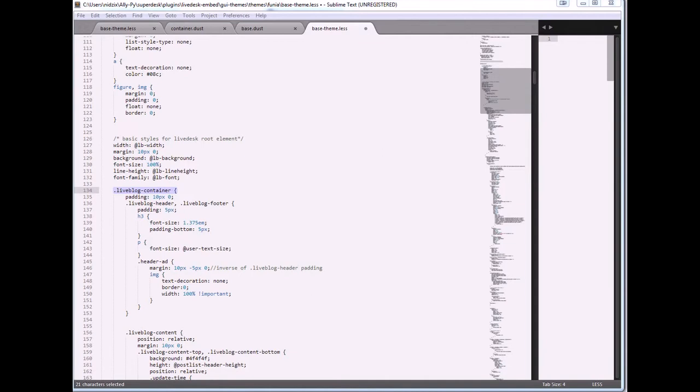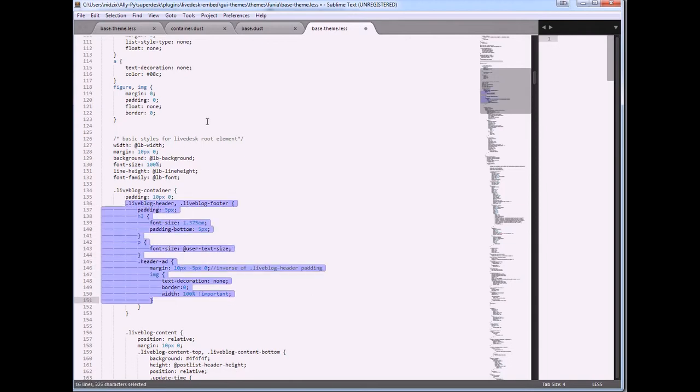So when you have nesting, styles and templates are tightly logically connected, and it gives you an easy way. If you change the live blog container template, just come here in styling and change it in the same place.